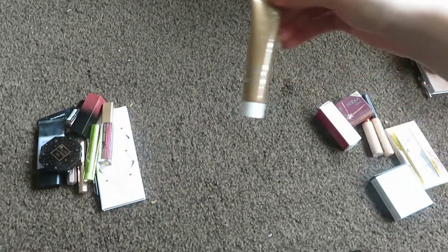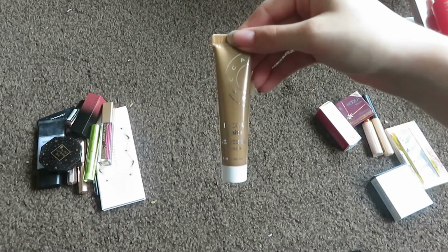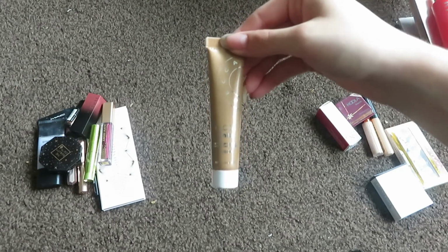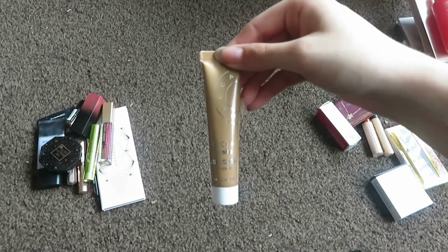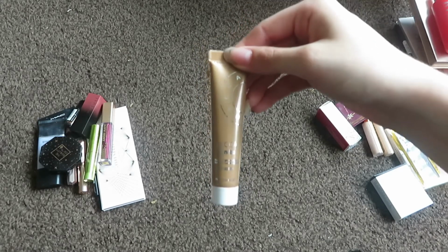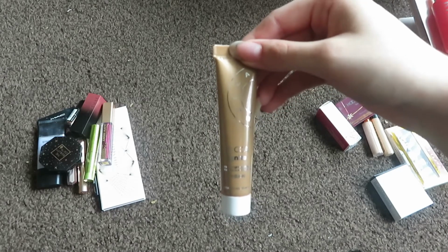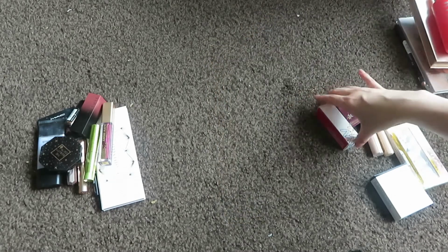Okay, next we have this Becca Liquid Highlighter, which actually came with the mini highlighter I showed earlier in a set, and I got this for Christmas last year. Haven't really used the liquid highlighter, but when I tried it, it is so pigmented and so pretty, so I definitely want to give this a go soon. So, of course, I'll be keeping that. Okay, next up